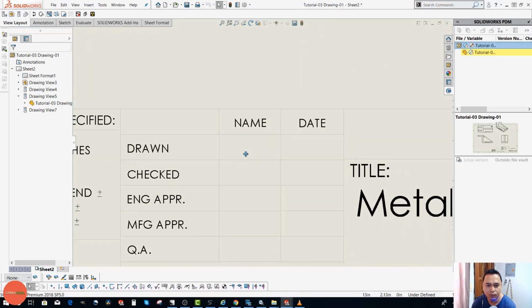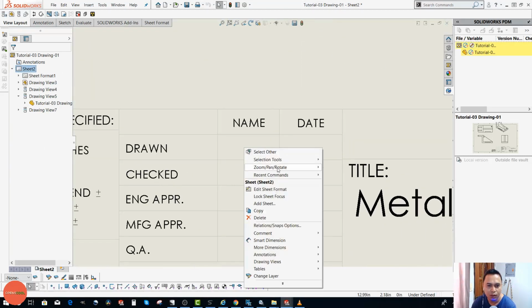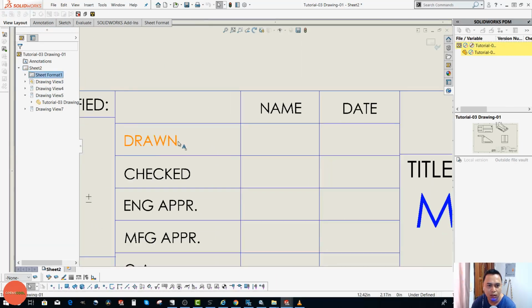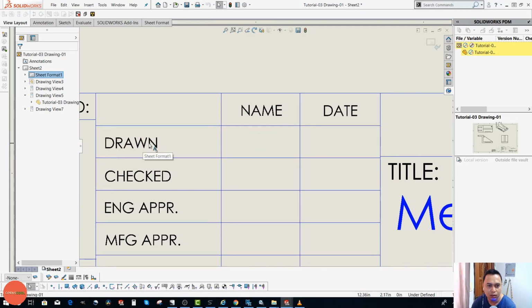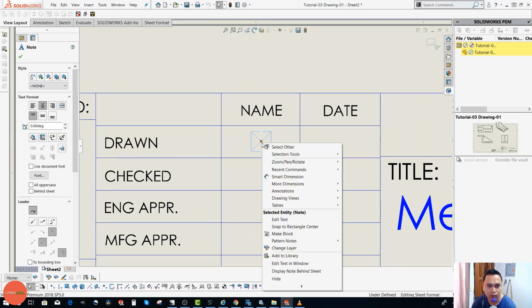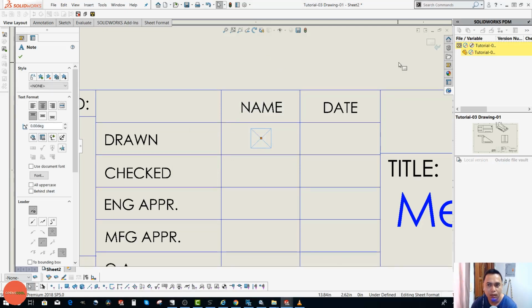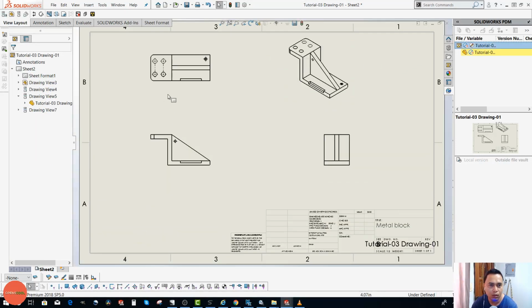For example, we're going to add a property drawn. So we'll right click this text annotation and click edit text in window. So we'll add a property of drawn by, click OK, and now we'll go to the part